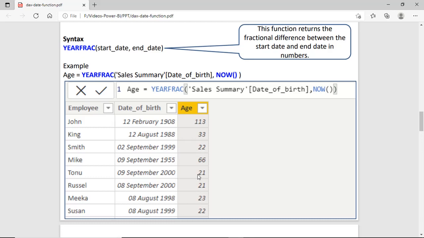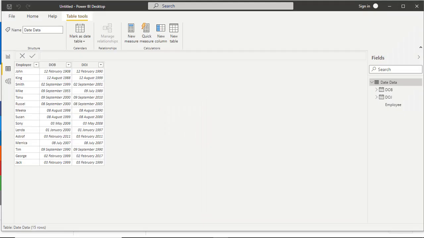Then we get the fraction difference between the two dates in years. Now we check this one on the Power BI desktop application, the year frac in the practical. As you can see the data, employee name, date of birth and date of joining. Now we have to find out the age of the employee today. So we can deduct the date of birth from today's date and time, or now.